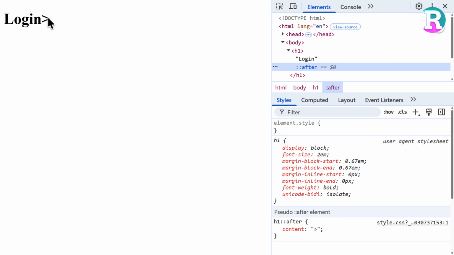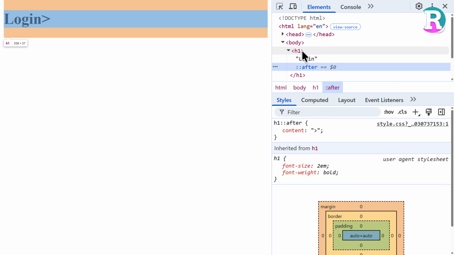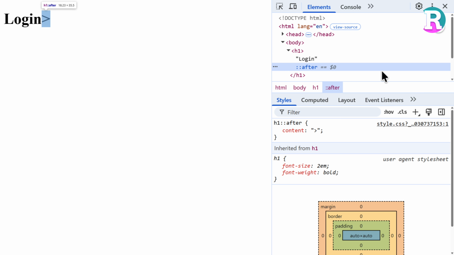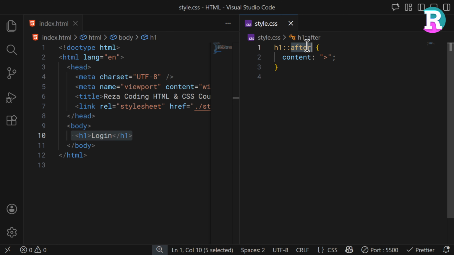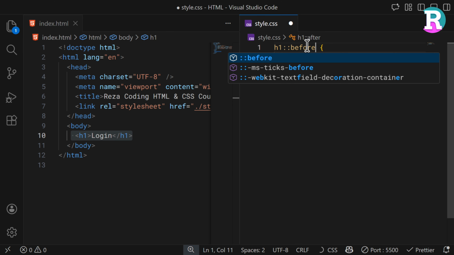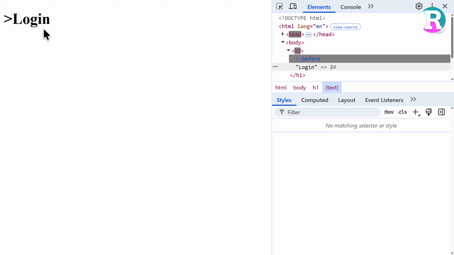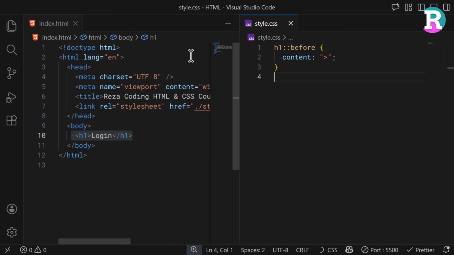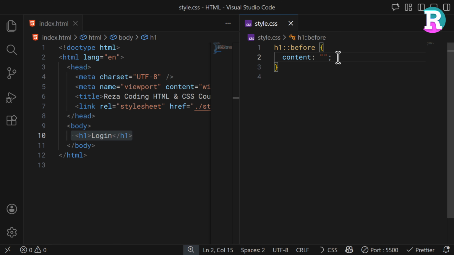And the reason for that is because I told you that we can style stuff that is not represented inside the HTML. So here, that angle bracket is part of the pseudo element called after, and we cannot change it from HTML. Another pseudo element is called before, and this is for before the element. So now you can see that the pseudo element starts at the start of the element. Usually what we do is we use an empty content like this and then style it, something like an underline